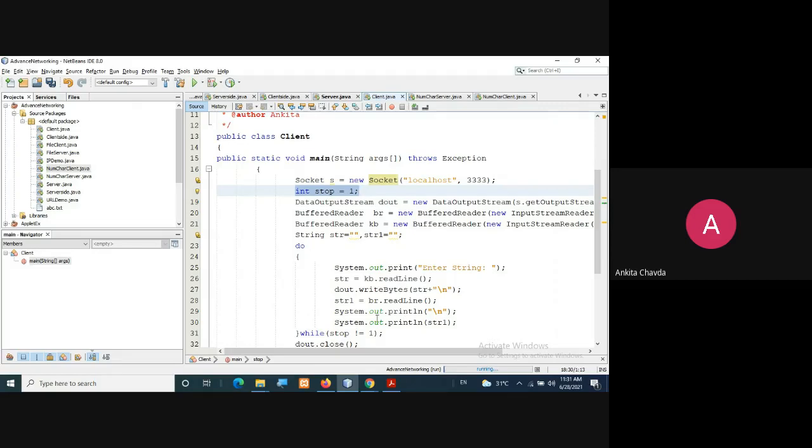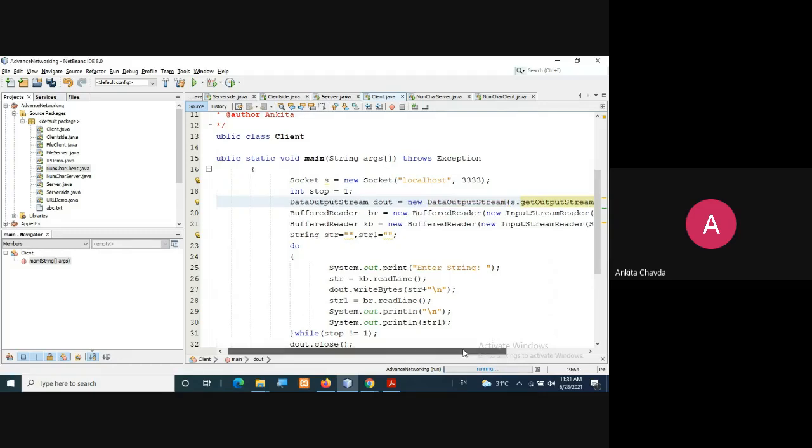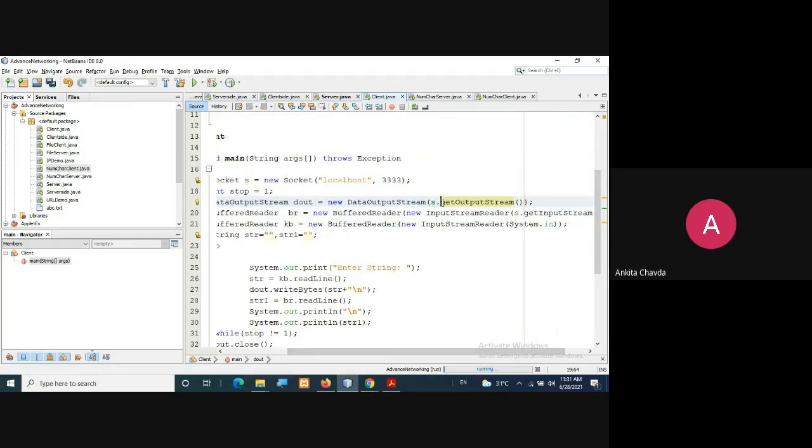Where we are using that, I will show you in this do while loop. So here I have this DataOutputStream dout equals new DataOutputStream. We are creating an object of DataOutputStream here, and I'll get that stream via the method s dot getOutputStream. So finally I have the output stream.